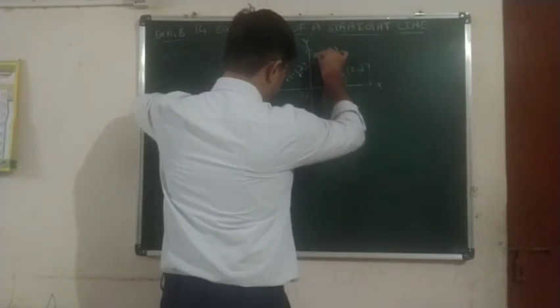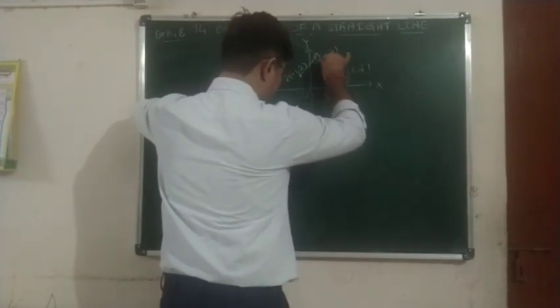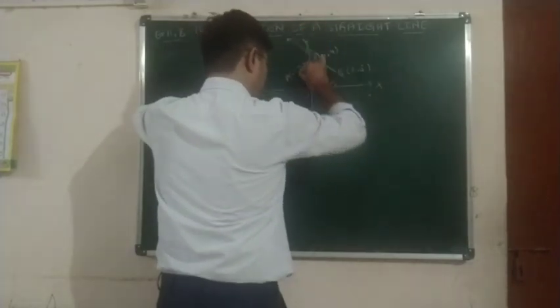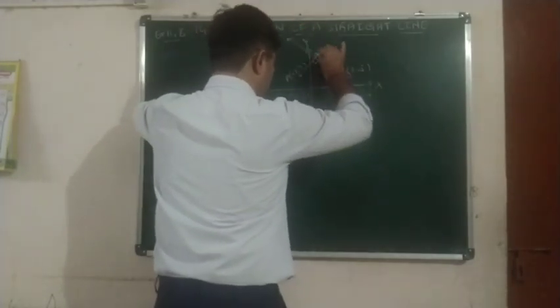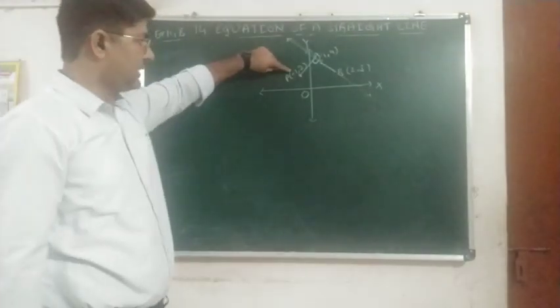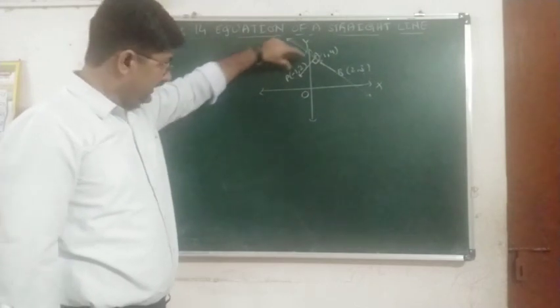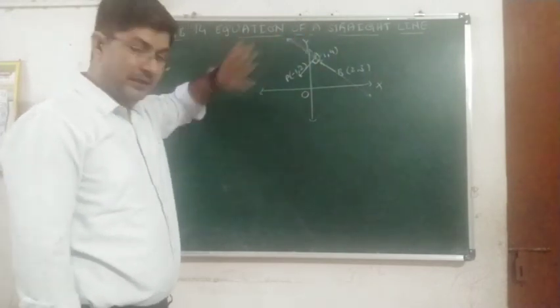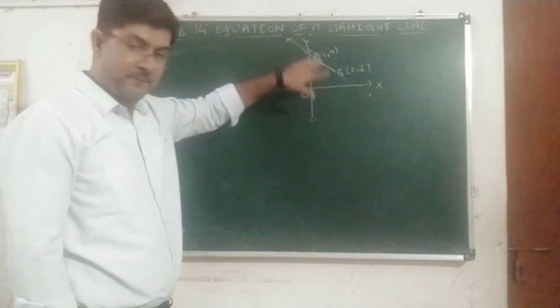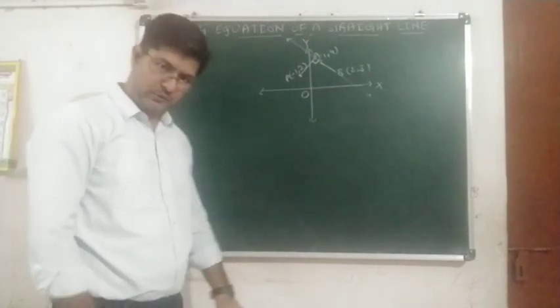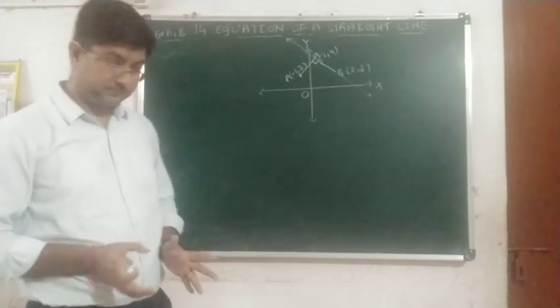Clear? So obviously we can consider a line which is passing through points A and B. So we have this perpendicular dropped like this from point P -1 comma 2 on the line containing AB. It is not on the line segment AB, mind it, but it is on the line containing points A and B. Clear? So we have to find the equation of the perpendicular. Now it is very clear.